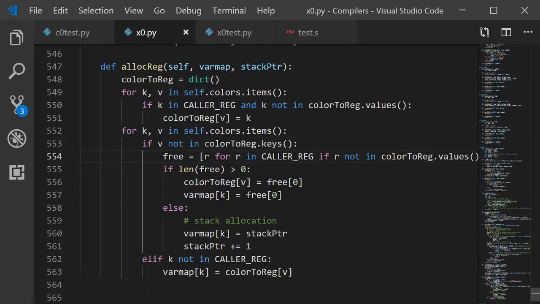So we'll check what free registers we have, and then if there's any free registers, we'll assign that, and then else theoretically we would be